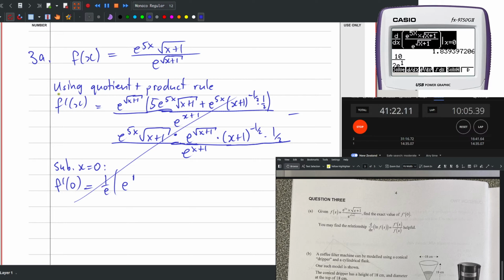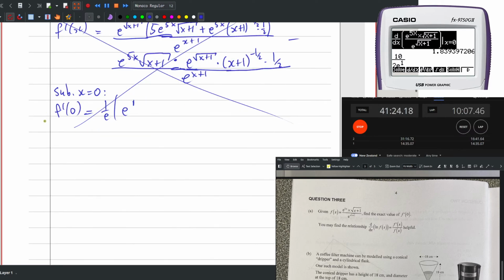Maybe we will use the hint. What does the hint even want you to do? It just says take the ln, so ln f of x equals f prime of x over f of x. Right. Oh, and then you take the derivative of that. Okay, so ln f of x. What's ln f of x? That's just